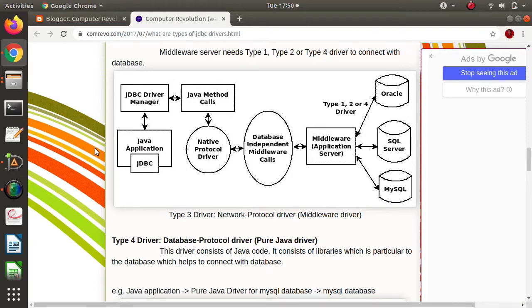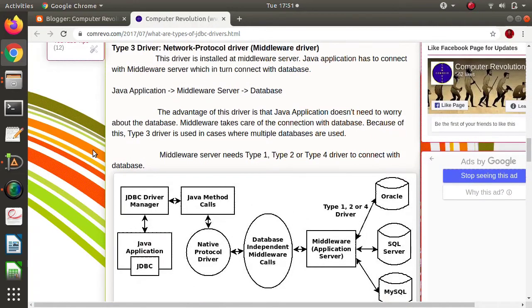But why should the client suffer? Generally, whenever we are providing software to customers or clients, they should not suffer. That is the motive. We should ease the hardships of the users or clients and reduce their work, and that is the motive behind the Type 3 driver.